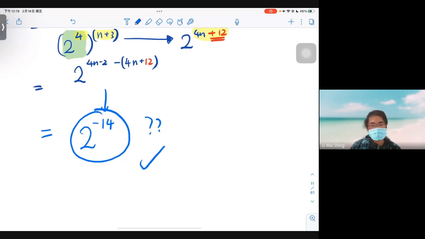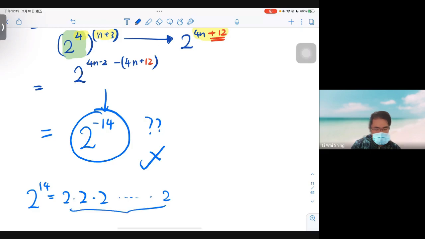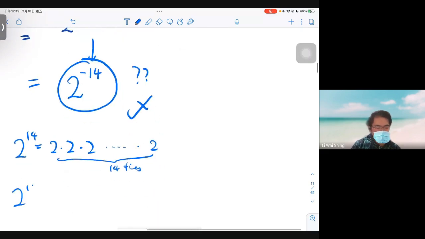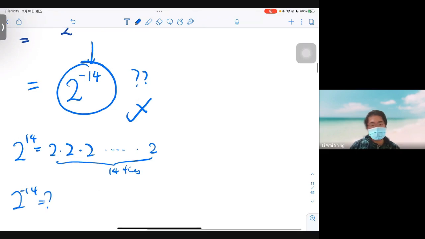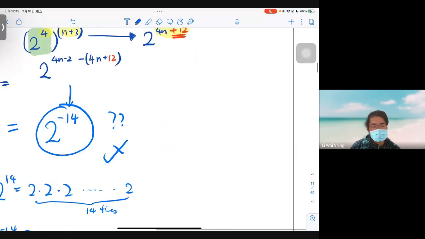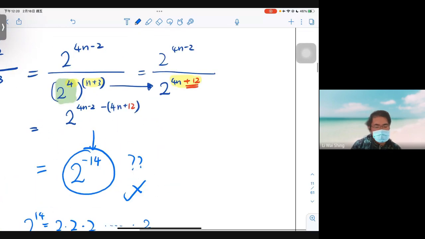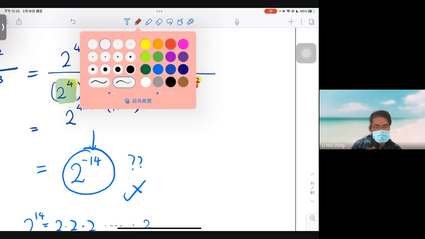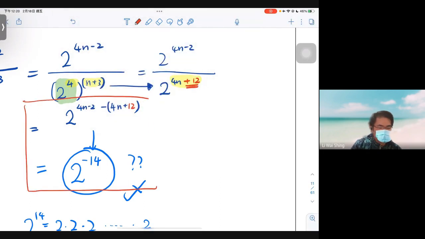That's why I won't give you marks at this moment. 咩叫2嘅負14次方啊？2嘅14次方就係2乘2乘2乘14次。但乜嘢叫2嘅負14次方呢？呢一樣嘢我哋未學住嘅。OK，我哋遲啲會講。So before you give me this answer, instead of writing this, I want you to